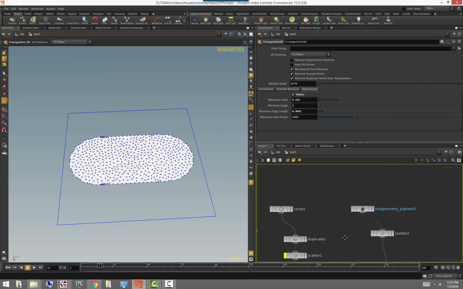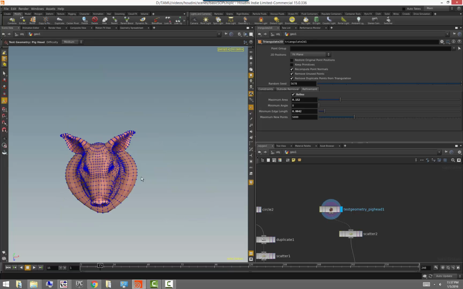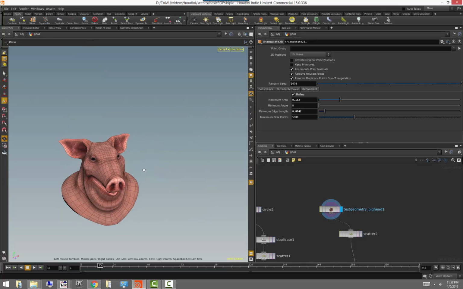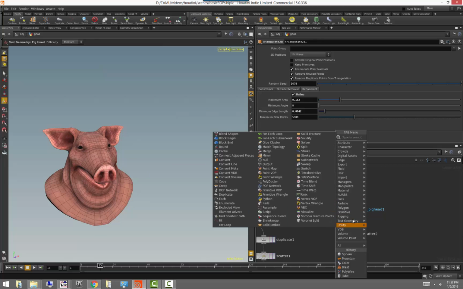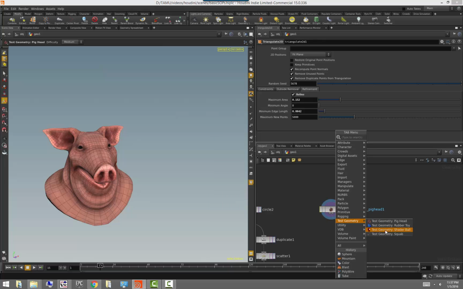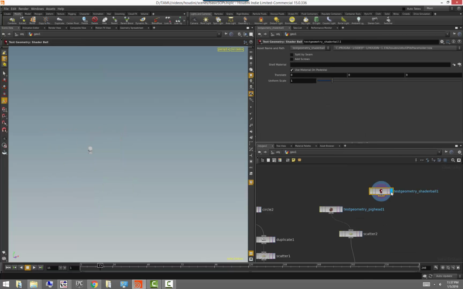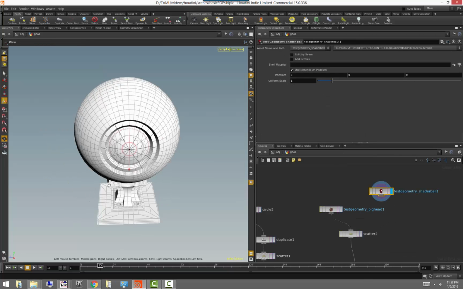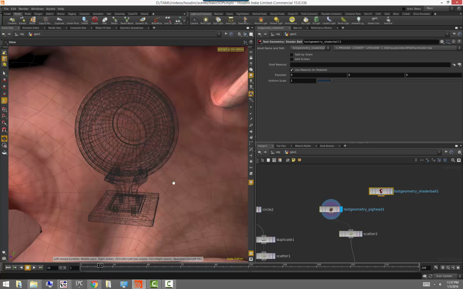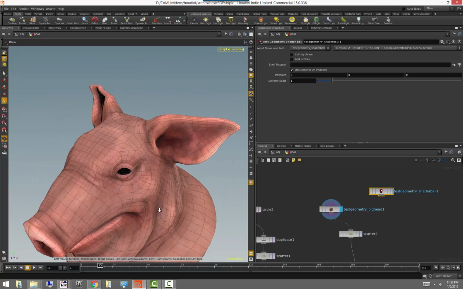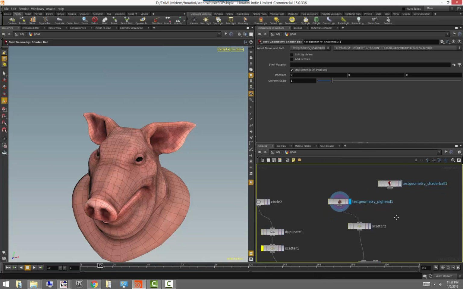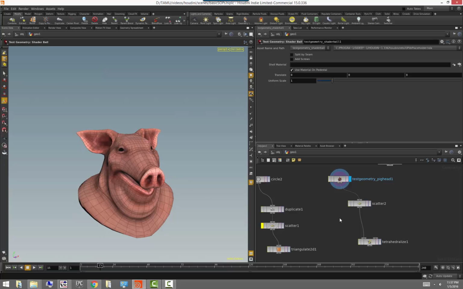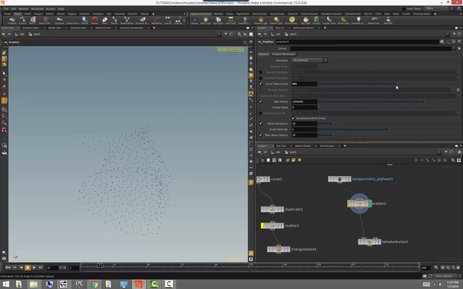Now moving over here, here is our test geometry, big head. Houdini 15 also ships, and I believe 14 also had this. If we go to test geometry, you have several geometries that we can play with. For example, we have a shader ball. We can also have a pig head, which we're all very familiar with. But there are a few others that you can try out. What I wanted to show here is a scatter on a 3D mesh,